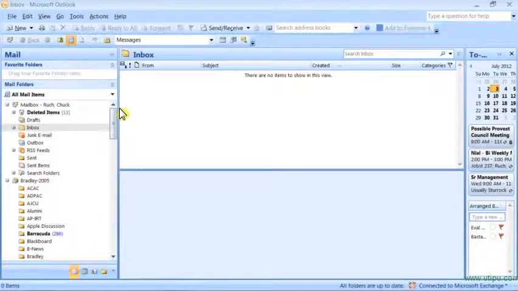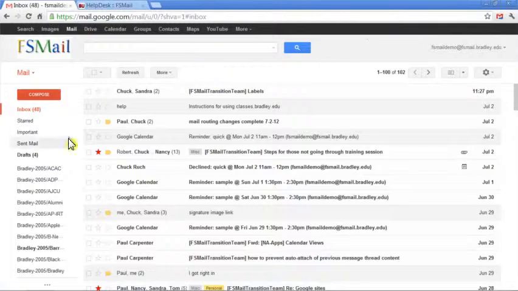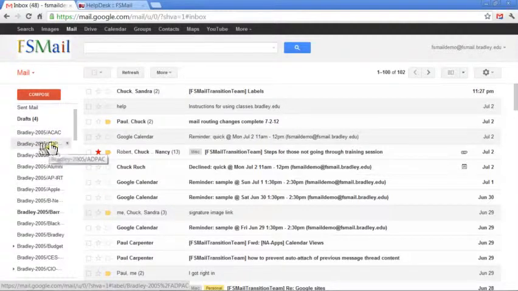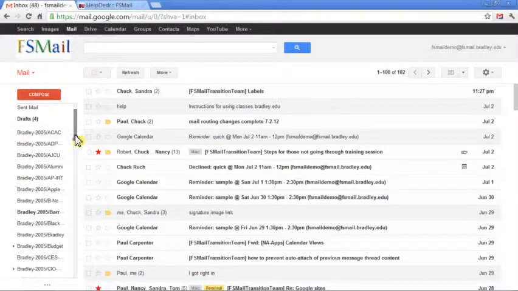And I would also like to show you how to straighten that up and make it a little more usable once you have done the migration. So this is where we're coming from. I've already migrated this data up. And you'll notice here the labels come in. This is that Bradley-2005 file, and it becomes the front end of the label for each